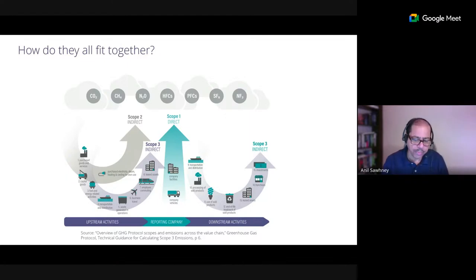Primarily, there are two main things that you need to understand. As a company or as an organization, in many jurisdictions, you are required to report scope 1, scope 2, scope 3 emissions at the company level. If you are in the real estate infrastructure sector, then you need to start connecting emissions coming from your projects and assets to these scope 1, scope 2, scope 3 emissions. Right now, scope 1, scope 2 is primarily reported. Scope 3 is not